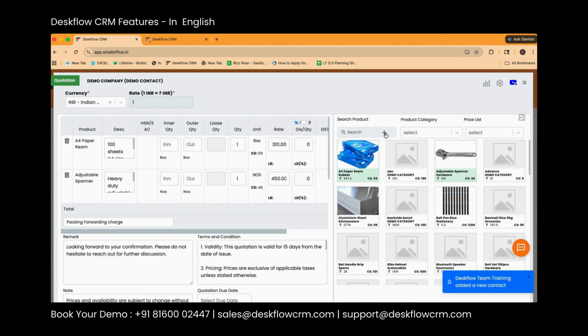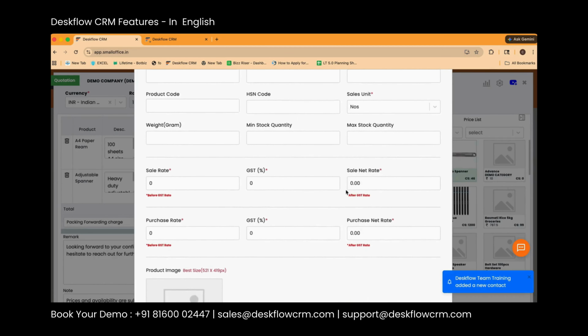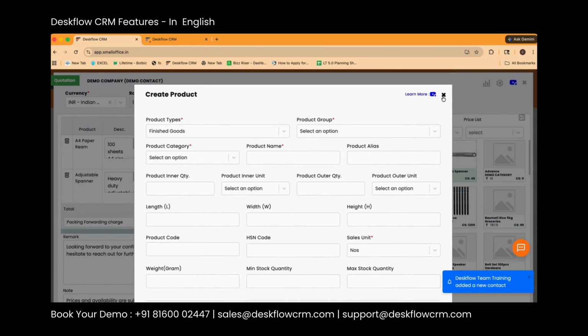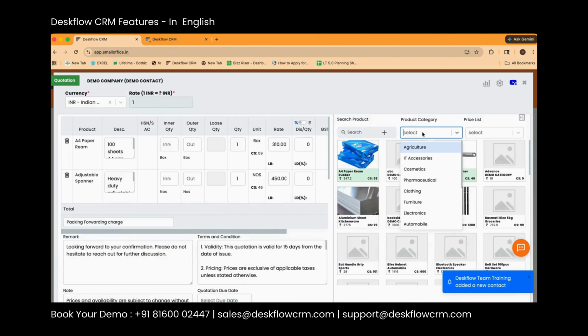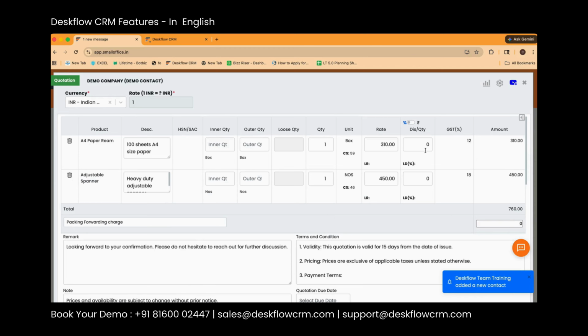You can also create a product while creating quotations or any of the bills itself. Here is the basic form of the product. You can also search the product based on its category and apply the price list. Change the quantity to 10, change the description,